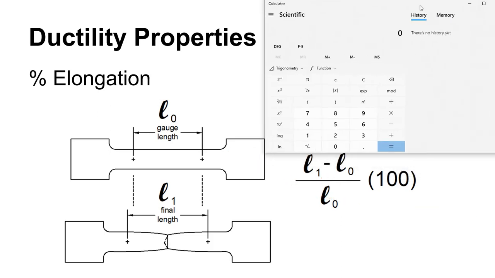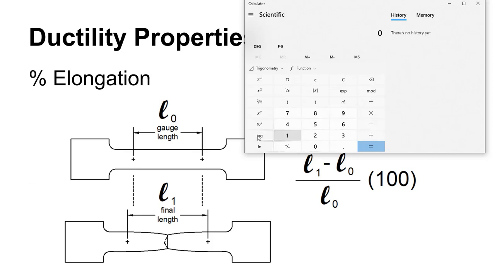Well, let's just do an example. Okay, so let's say that we have a specimen with a 2-inch gauge length, and when we're done, it winds up being 2.1 inches long. All right, so that would be 2.1 minus 2 would mean that we'd have 0.1 inches would be the change in length. And then we divide that by the original length, which would have been 2 inches. That gives us 0.05. All right, so we'll multiply that times 100 to convert it to percent. So that's 5%, the elongation of that particular sample.